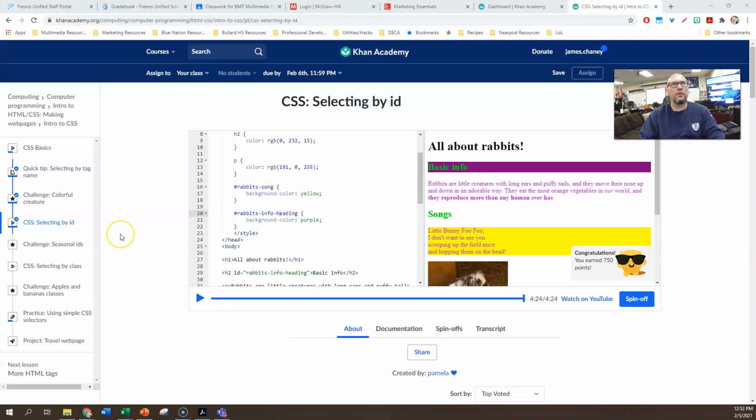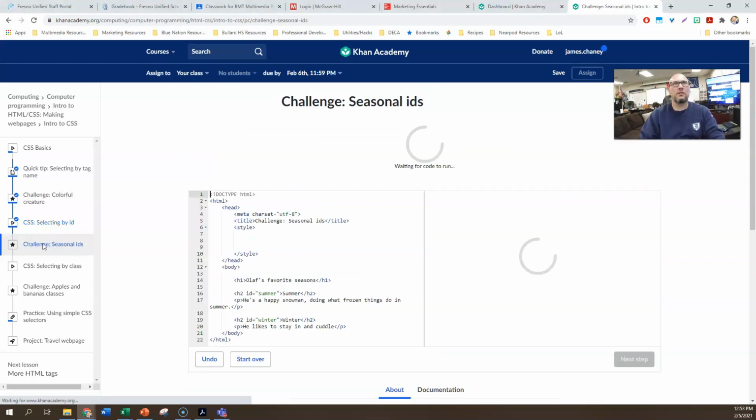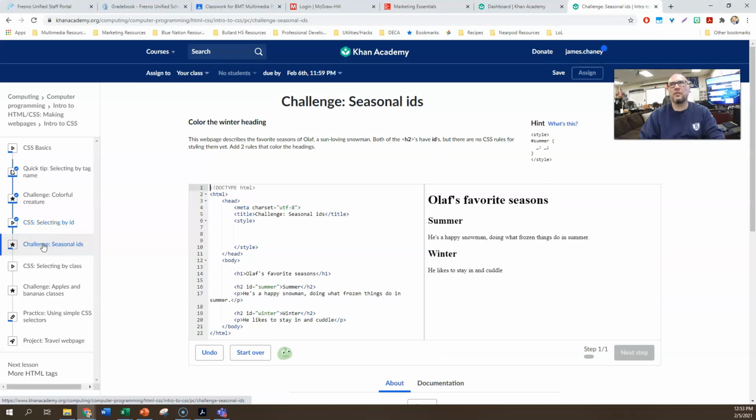Okay, so moving on. She kind of told us how we could assign IDs to different elements of our web page, and we could actually do CSS commands by ID instead of the HTML tag element. So that's what we'll do in the next challenge. And so going to the challenge for seasonal IDs, the very first thing they tell us is color the winter